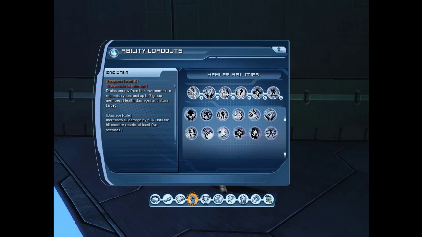In my first slot, I have Ionic Drain, because it's an offensive and healing power at the same time, because I can heal my friends while dealing damage to the enemy. Next is Galvanize. It is a quick heal power, so I'll be using it a lot. Biocapacitor is next. In addition to healing, it heals NPCs as well, so if you're doing a defensive mission, it